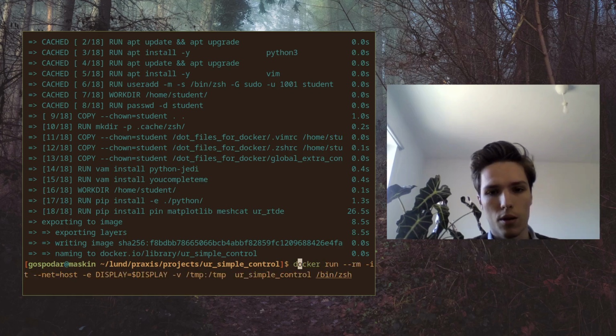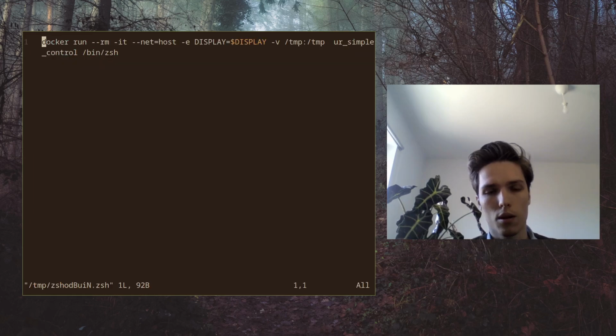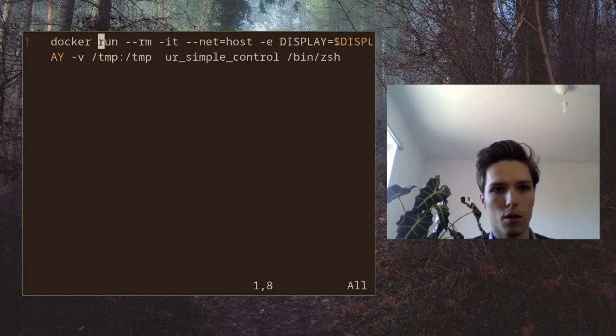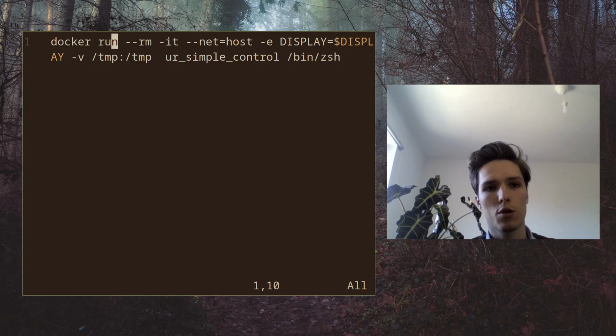Docker run. Okay, now let's explain. It's a bit more clear now. So docker is the name of the command. Then you specialize it with run. Then --rm removes. Well, let me just